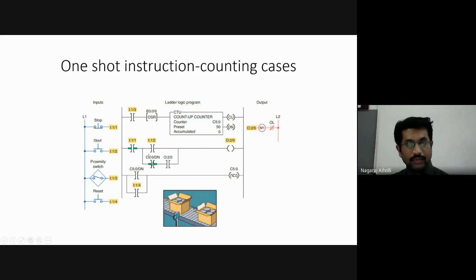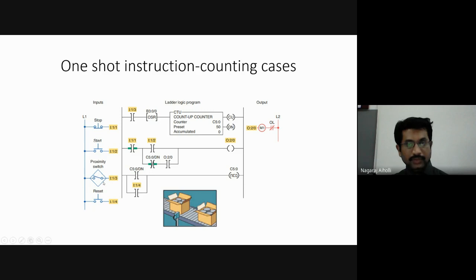So to write a program, what all do we require, students? We require the inputs, then the ladder diagram according to the problem that is being given to us, and then the output, whatever is mentioned in the problem statement. So first let us write the inputs here. We require a stop switch to stop the application, then the start switch to start the application, and a proximity switch. Whenever the box is sensed near the sensor, the proximity switch closes.